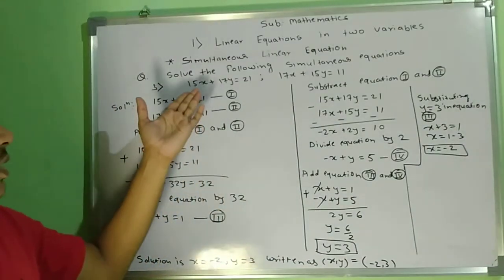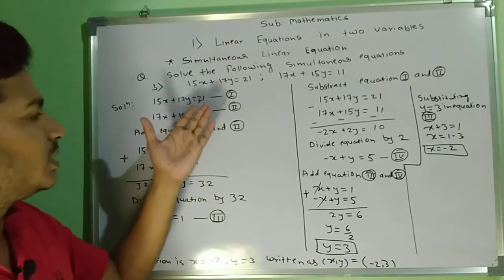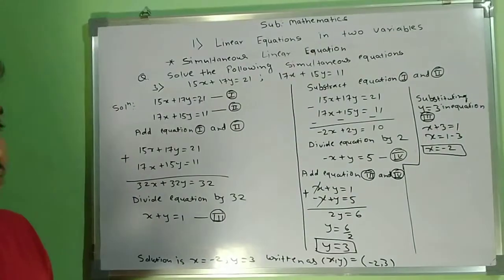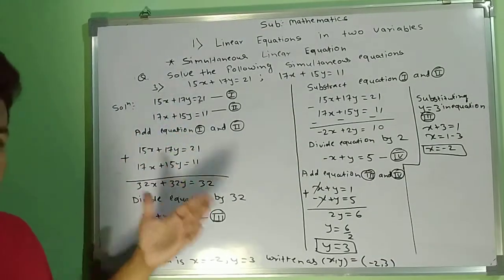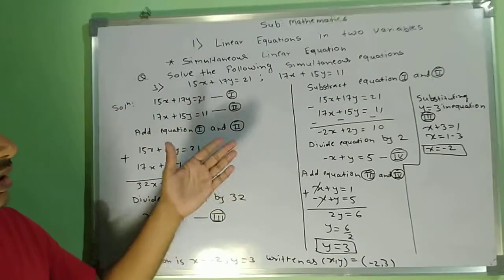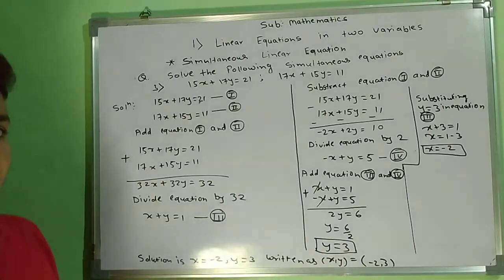We will have to look at that question very carefully. Look here, that coefficient of the variable x and y, they are interchanged. So whenever you will see that kind of problem, just simply we have to add once and subtract once again, and whichever new equation you will get, we have to deal with that equation only. That's it.